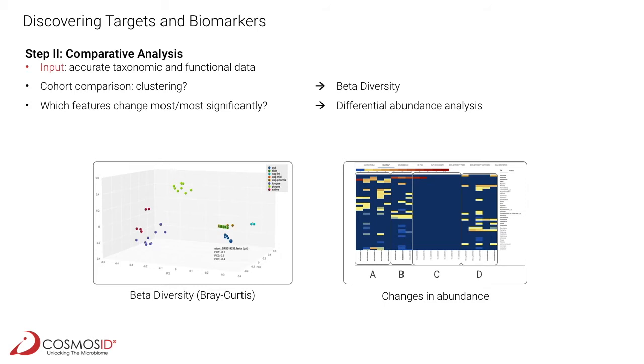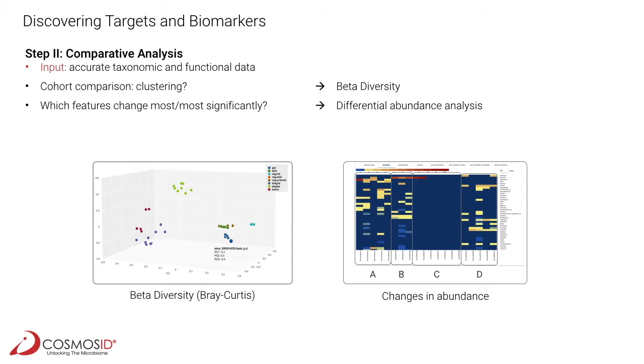The first step in comparative analysis often is beta diversity or between species diversity analysis. To do that, we use a process called principal coordinate analysis. What principal coordinate analysis seeks to do, you see that chart on the lower left-hand side of the slide, is it seeks to separate all the samples maximally based on their compositional dissimilarities. So this process draws a two-dimensional or three-dimensional space drawn by eigenvectors that really maximize the distance between samples based